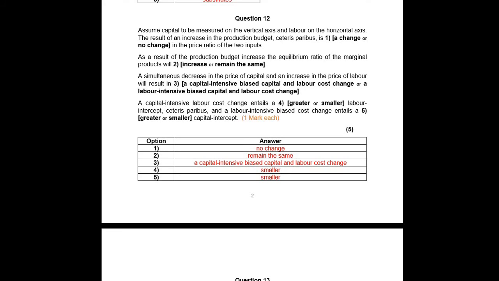Then it says the results of an increase in the production budget, ceteris paribus, a change or no change in the price ratio of the two inputs. Okay, let me read that again. The results of an increase in the production budget is a change or no change in the price of the two inputs. In this case, I think you need to understand